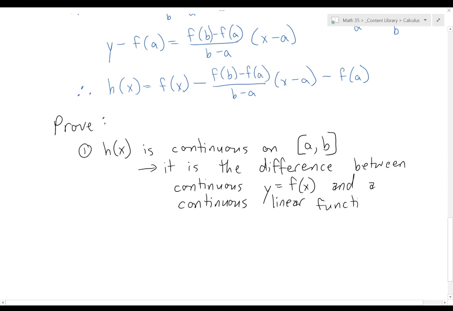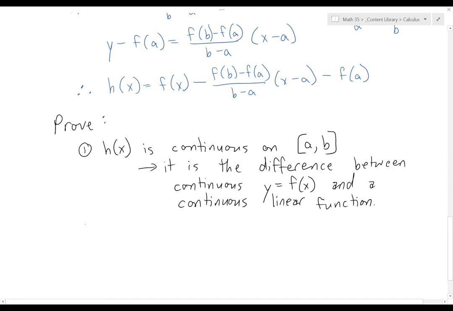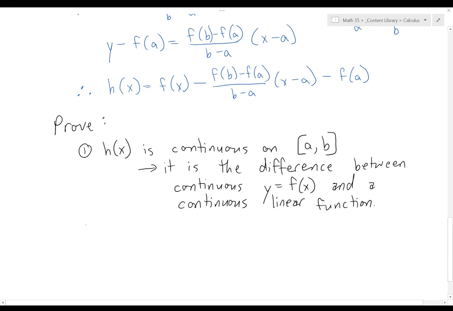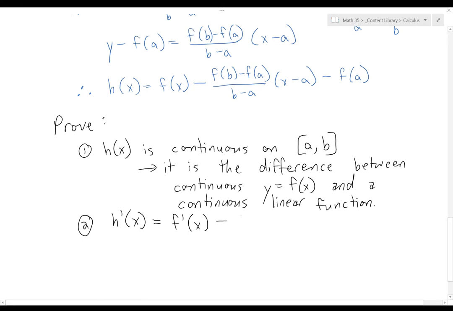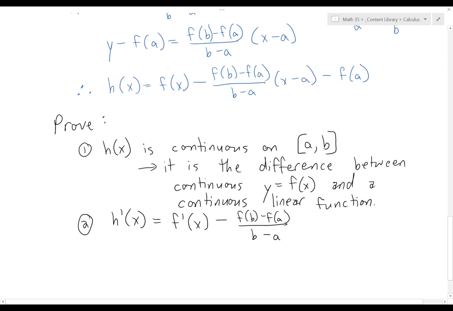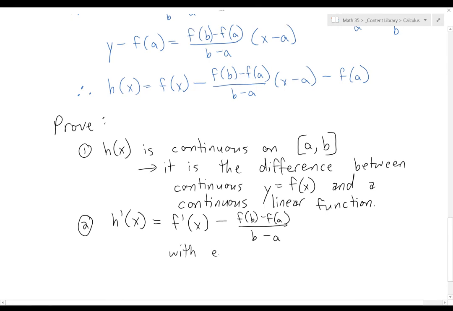Let's look at the second criterion. Well, same thing here, really. h prime of x is simply going to be the difference between the derivatives, because the derivative of a subtraction is the subtraction of the two derivatives. So h prime of x is the derivative of f of x minus the derivative of that line. Well, the derivative of the line is just the slope, f at b minus f at a over b minus a, which exists. It exists everywhere in that interval